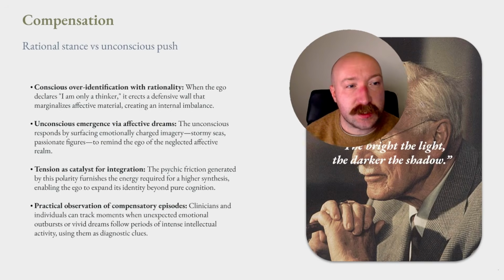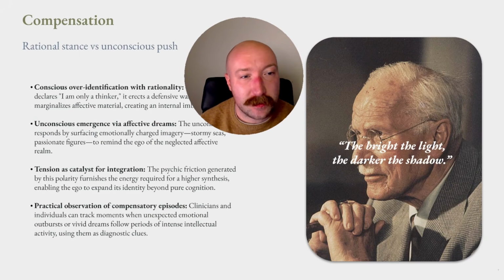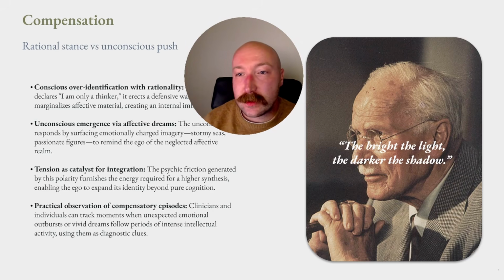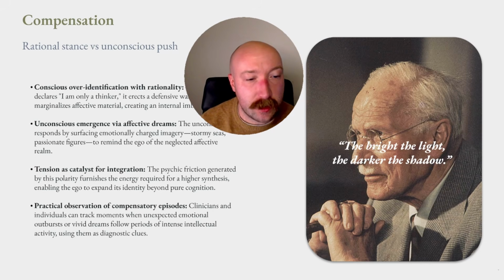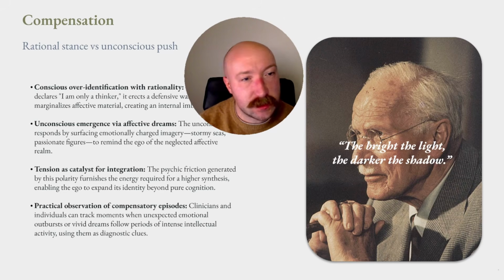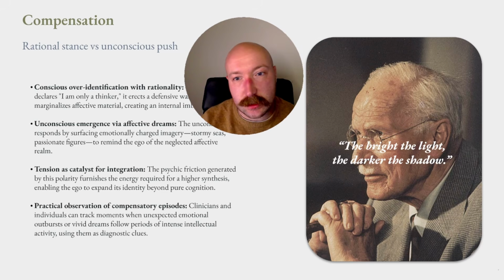Now, compensation. And I have to pull myself away from the image of Jung himself. I don't want to be too grandiose. So the key concept, of course, for some form of regulation or self-regulation of the psyche is compensation. The unconscious compensates for the one-sidedness of consciousness. If your conscious attitude is too rigid in one direction, the unconscious will push it in the opposite direction to restore balance. An example would be, say you consciously identify as a purely rational, logical person.